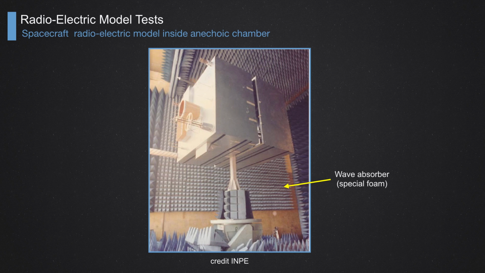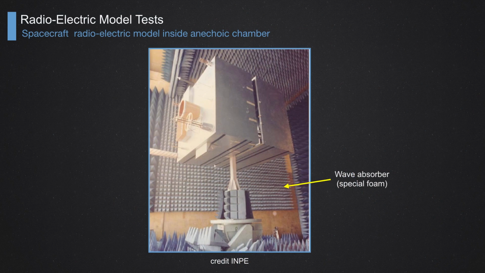So what we do, we put the spacecraft inside an anechoic chamber. We must have this in our laboratory. We put this spacecraft, you can see here, it is just the structure with the empty compartments. Now we do analysis of how one compartment is shielded against the other one, how the antennas are positioned, if they can communicate, and any disturbance from the structure.